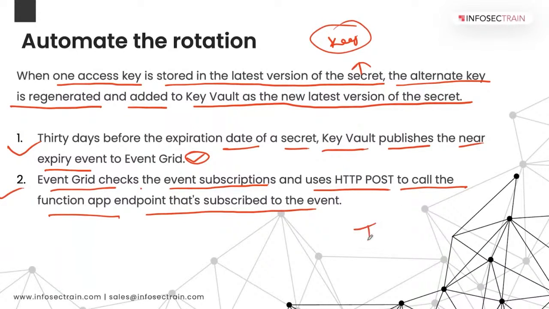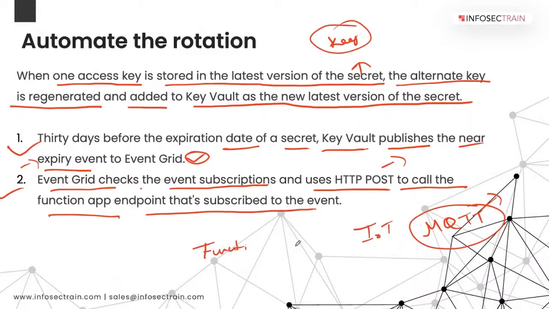If someone has worked with IoT, there we have a protocol with the name MQTT, which works on a publish-subscribe basis. So same here, kind of scenario, not protocol, but scenario, that my function has subscribed to an event whenever there is an expiry date nearby, right? So whenever this HTTP POST call is generated, my function is working as an endpoint where I have attached this event. So this event is triggering my function app,